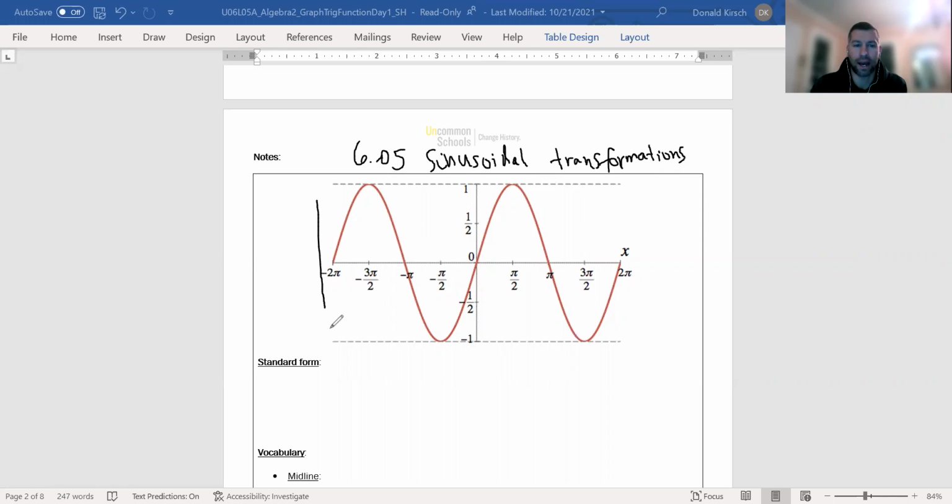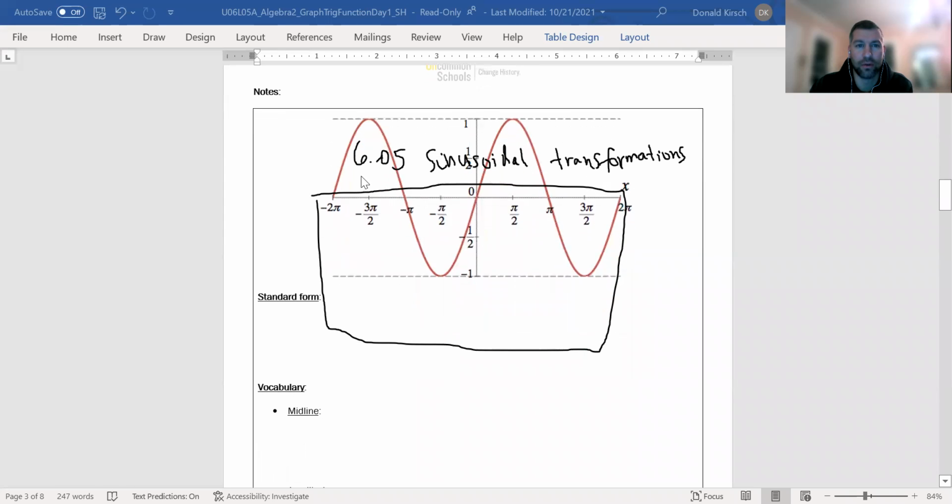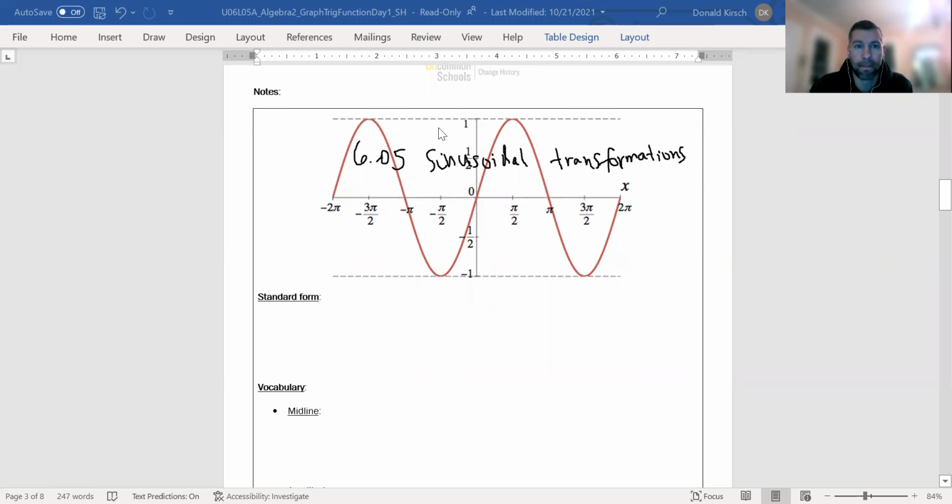And you already have this in your notebook. We have this in 6.03. No need to copy it down again. So what we really need to stamp at the beginning is that we'll be talking about the standard form for any sinusoidal transformation. And that standard form is y equals a sine of bx plus c